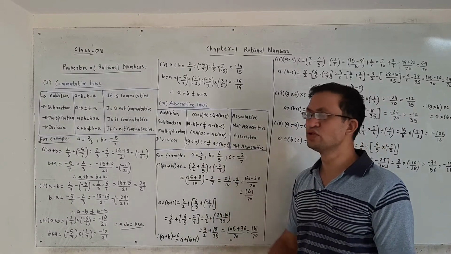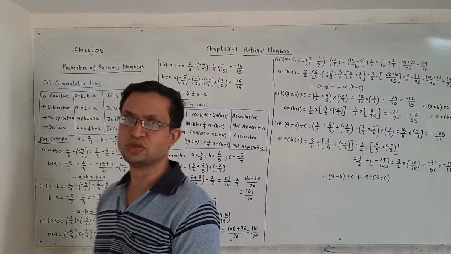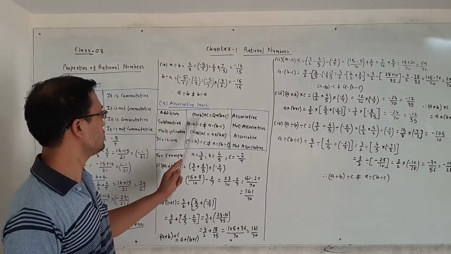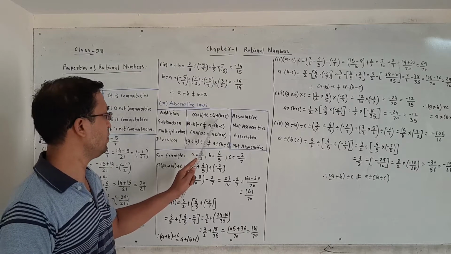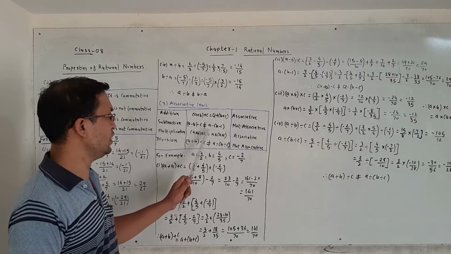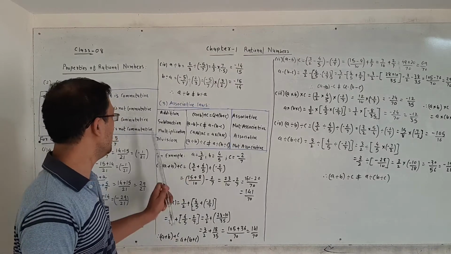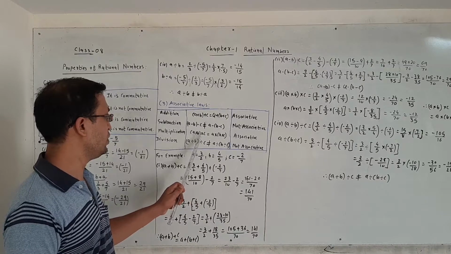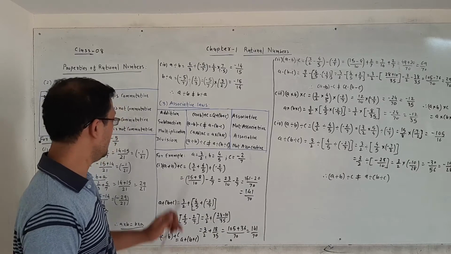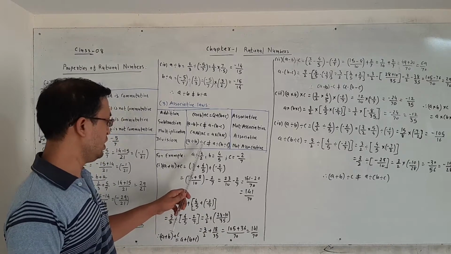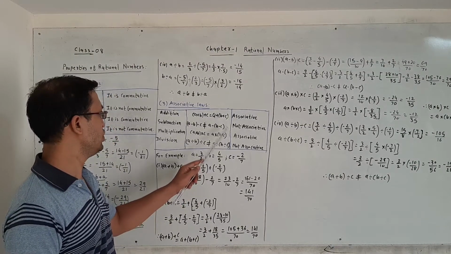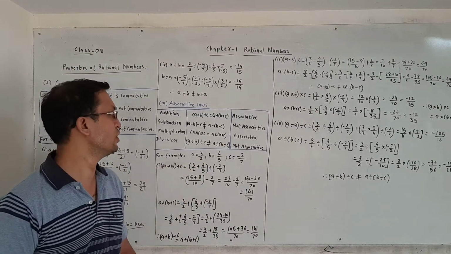Third law, associative law. Okay. The associative law also is true for addition and multiplication. Addition: a plus b, grouped, plus c, is equal to a plus, b plus c. Similarly, a minus b minus c is not equal to a minus b minus c with different grouping. Multiplication: a multiply b, grouped, multiply c, is equal to a multiply b multiply c. Last, division: a divided by b divided by c is not equal to a divided by b divided by c with different grouping. So the associative property is true for addition and multiplication, but it is not true